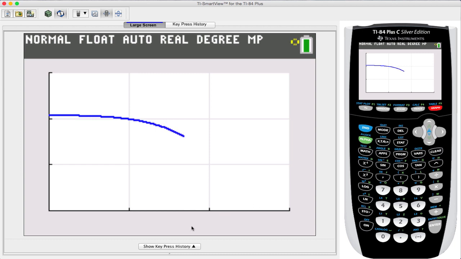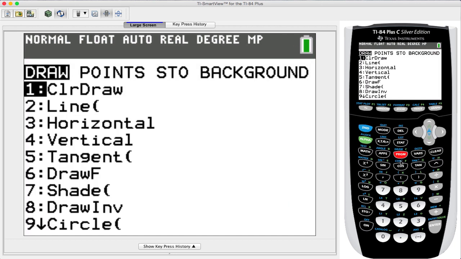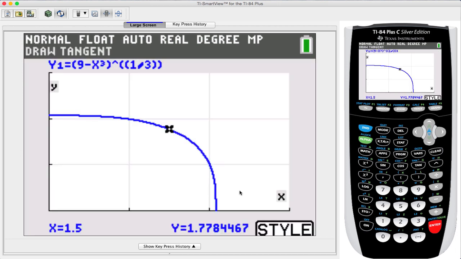Now we've got a much closer view, and like I said, the x coordinate is 2, the y value is 1, so we're looking for the tangent at the point here. But let's use another function of the calculator. Let's go to second and then press the program button so we can get to draw. As we go down, option 5 says tangent, so we're going to go down to tangent and press enter, and the calculator is going to ask us to put in our x value.